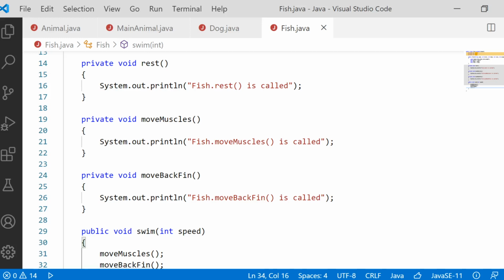Okay, so overall what we understand is that inheritance is using the attributes and the methods, otherwise called behavior, of one class in another class. So when you inherit from some class, all the attributes and methods of that class can be accessed inside the class if they have a public access specifier.